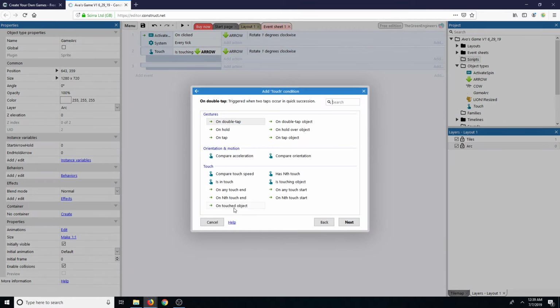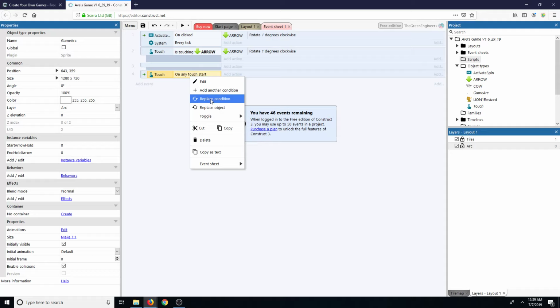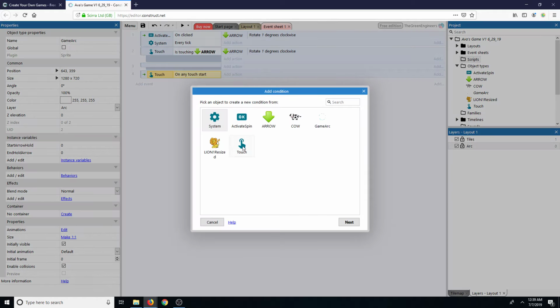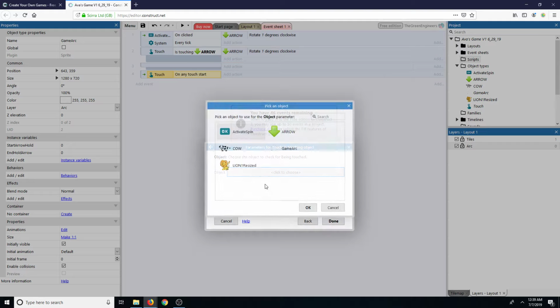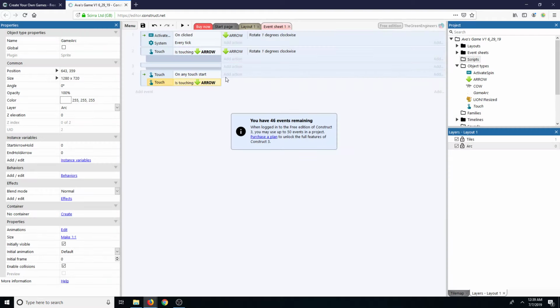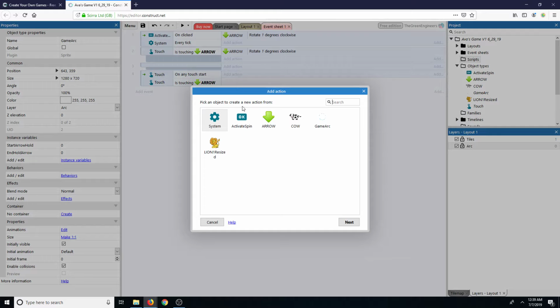Touch, on any touch start, and I want to add another, let's see, is touching object, arrow. Okay, done. So now when we do that, we're going to do game system,